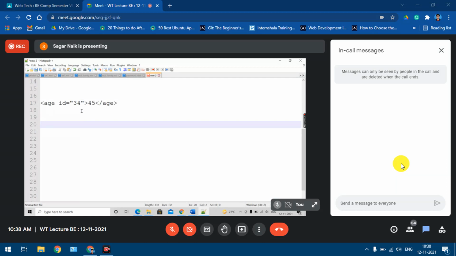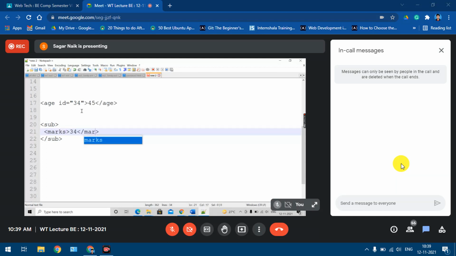Then which was the second category of complex element? If it has some child elements, yes or no? So suppose I take subject, the same example. All these things are very important, okay? And suppose I take one child, marks, say 34 marks, then exam. In this case, this subject is a complex element because it has child elements.